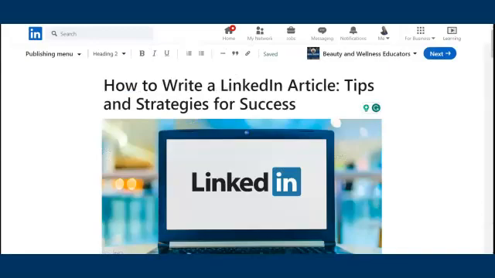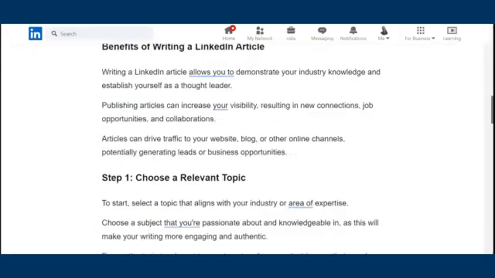Okay, so I've just changed the subheadings to H2 tags.